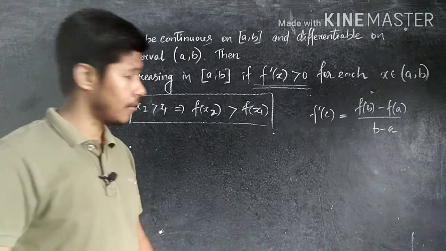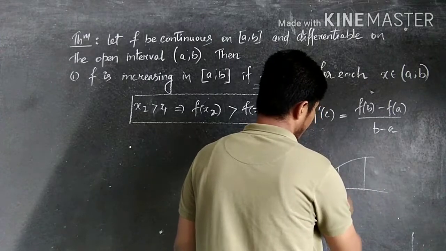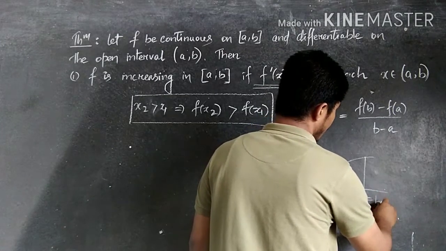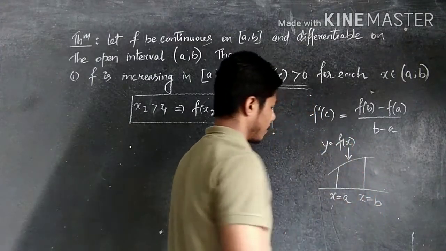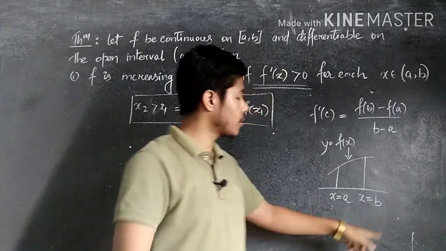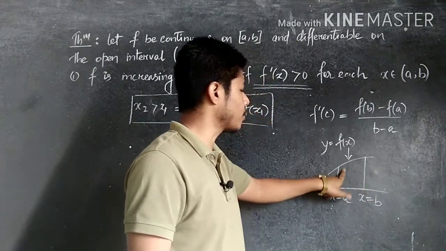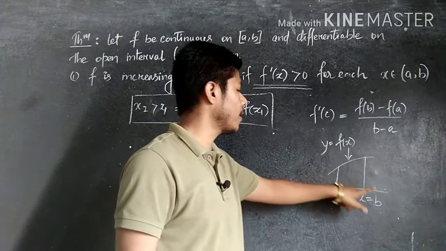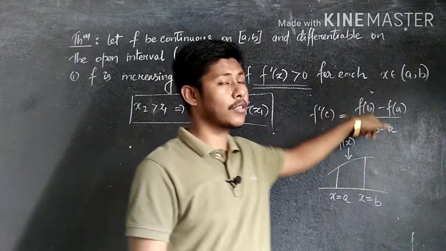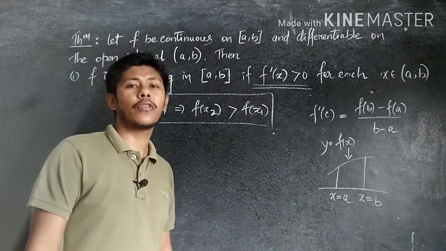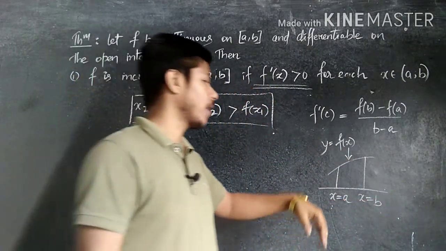So now in this case, take a graph, where we consider x equal to a, x equal to b, and the function is f of x. So y equal to f of x we consider. In case of the mean value theorem, what do we write? f of b minus f of a divided by b minus a is equal to, if we consider any point c, then f dash of c equal to this. This is the mean value theorem we get in class 11, is it not? So this mean value theorem we have to apply here, and we can prove the result from here.